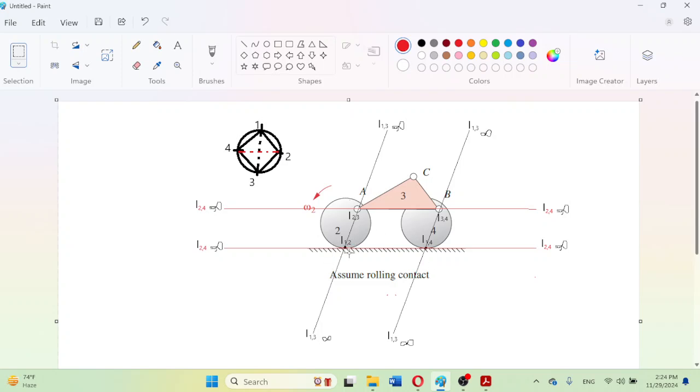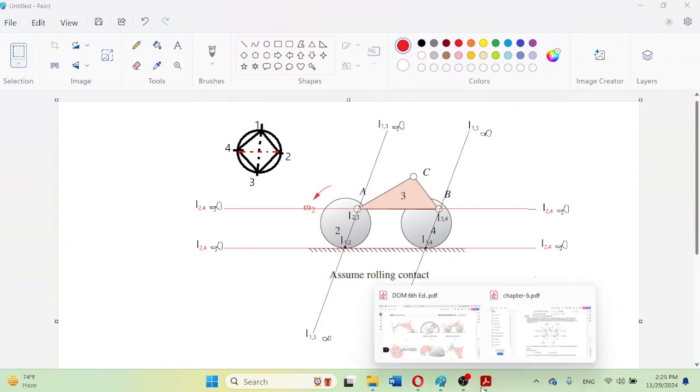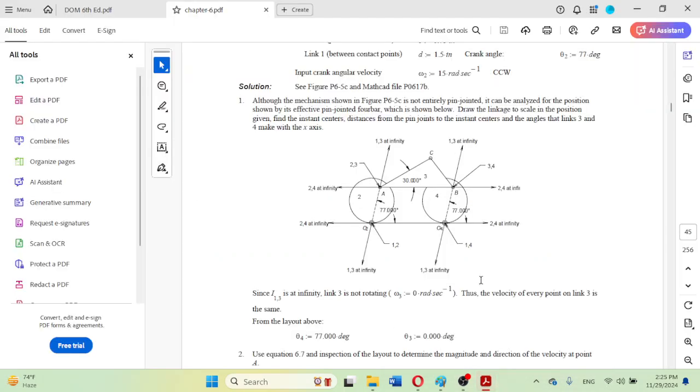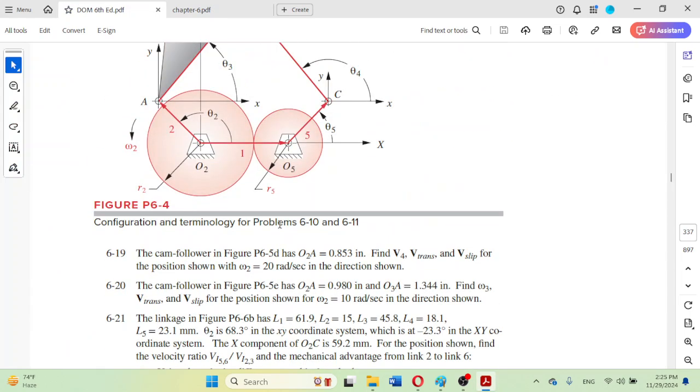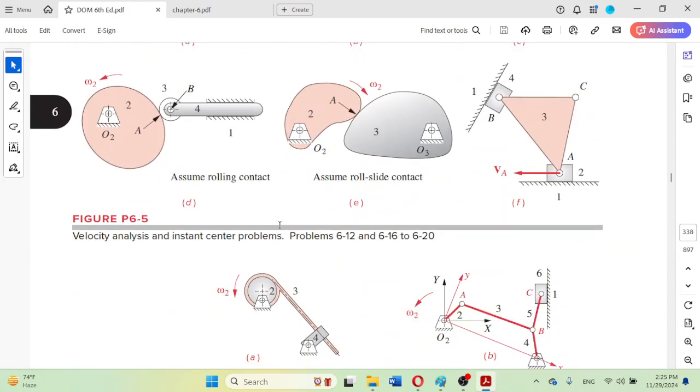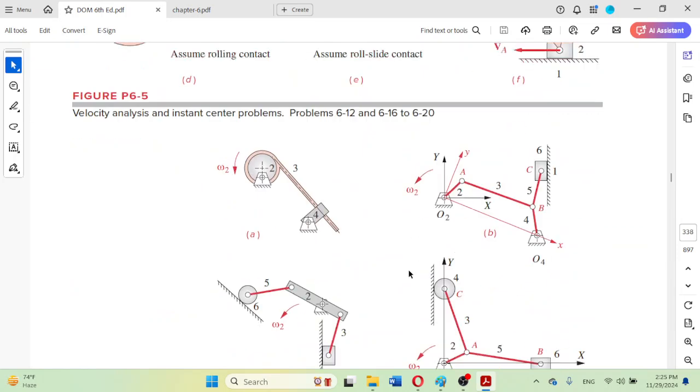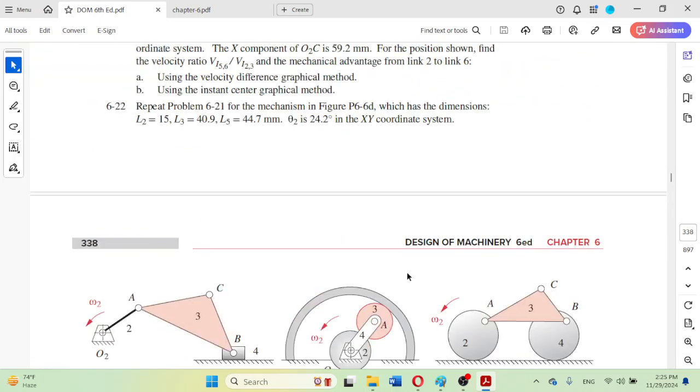These instant centers I1,2, I2,3, I3,4, I1,4, I1,3 and I2,4, all 6 instant centers have been found. So next I can also relate another problem using some known data here, as in problem number 6-16 to 20. We can see here